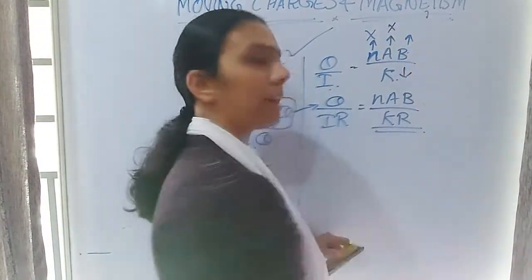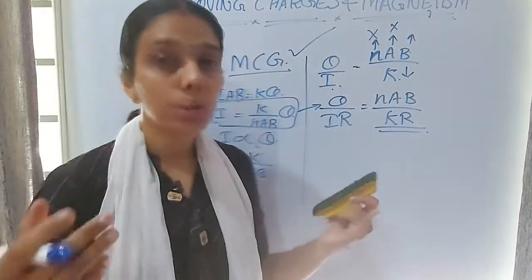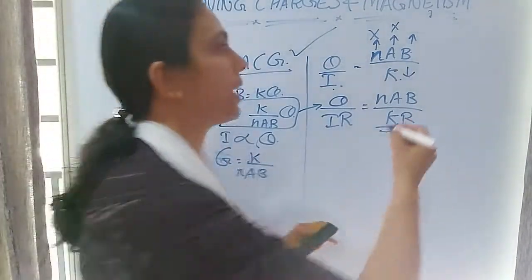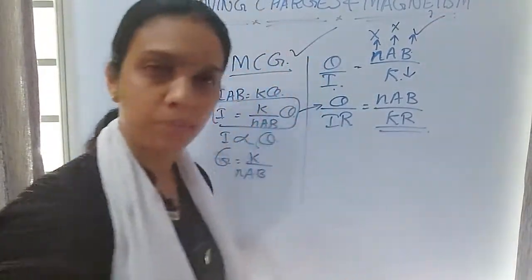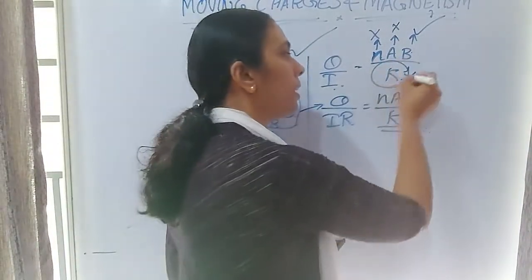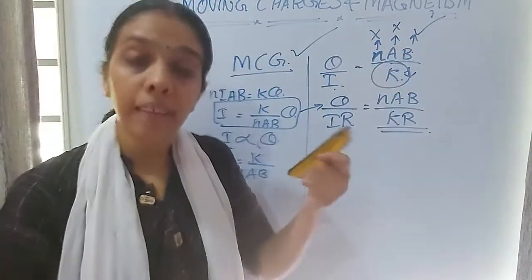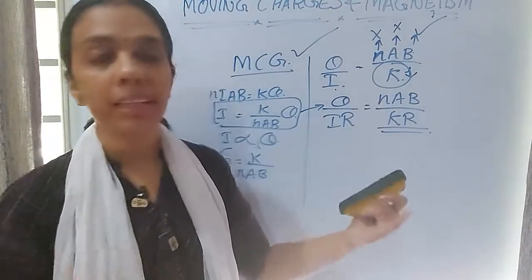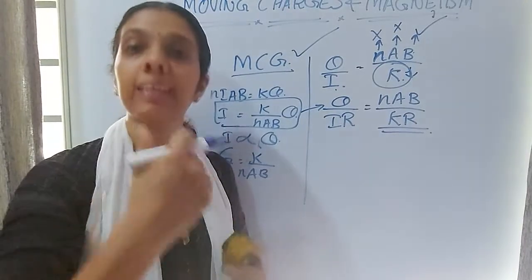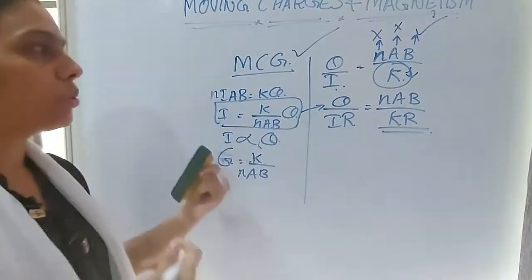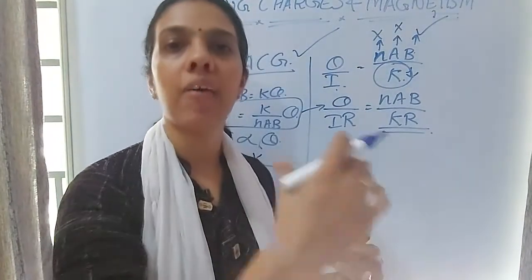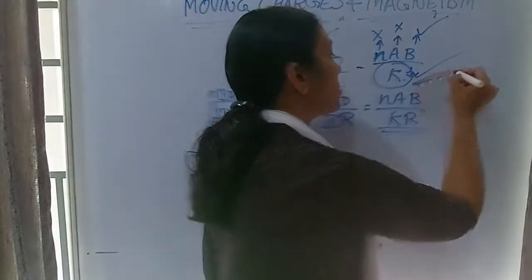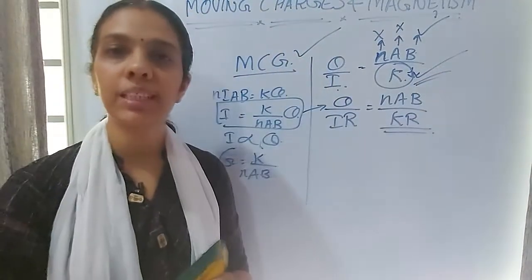So increasing the magnetic field, that one we can use. We can use a strong magnet which is having more magnetic power. So increasing B is possible. Now K, how can we increase the sensitivity? We should decrease the K. So we can choose such kind of material, then we can decrease the value of K for increasing the current sensitivity. That is why we are using phosphor bronze wire, which has a very low K value. Clear, children? Understood how we can increase the current sensitivity?